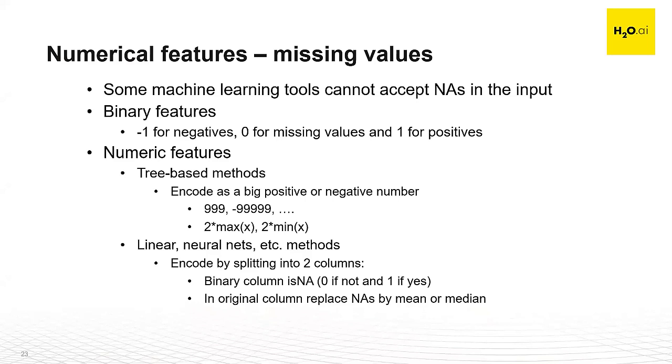For tree-based methods, if you intend to use tree-based methods, then you might as well replace the missing value with something very high, something that exceeds the range of the given feature, because then you make it easy for tree-based algorithms to isolate these values and essentially apply special treatment. Or you can actually create a new feature that says this is a null value, especially if you want to use neural networks or linear models. And you can still replace with the mean or mode or median